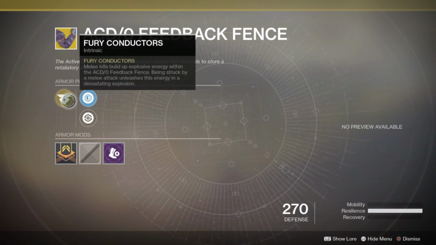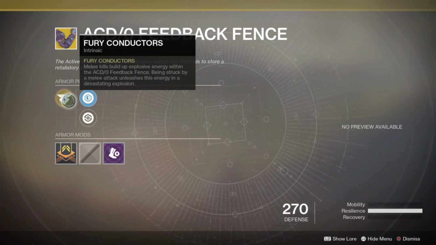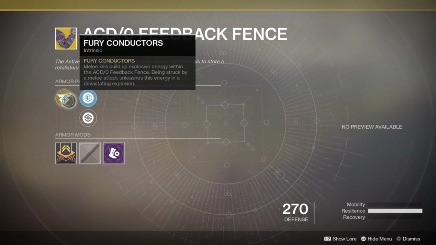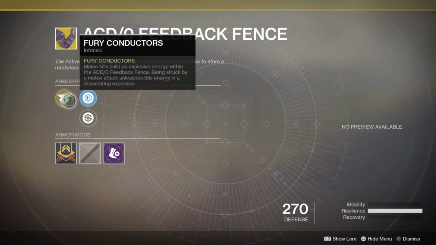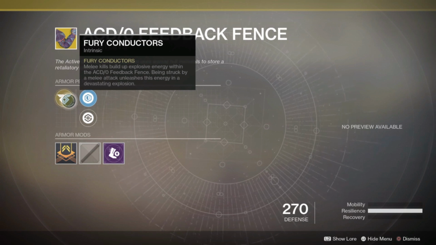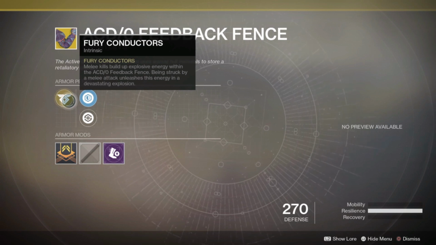That devastating explosion will damage nearby enemies, whether you're in a strike, a nightfall, a raid, or even Trials of Osiris, or just general Crucible. If someone is going to melee you, I highly recommend this exotic. You will win the melee encounter, especially inside of Trials of